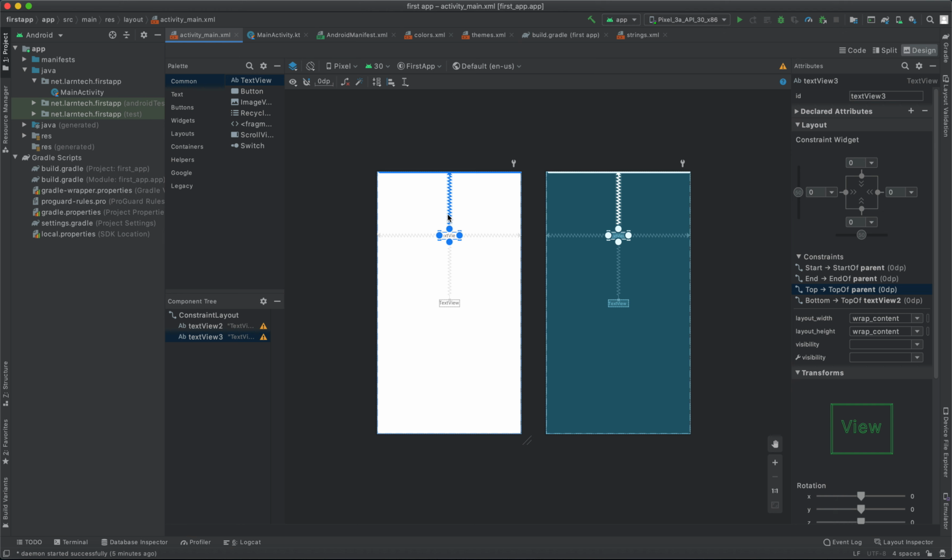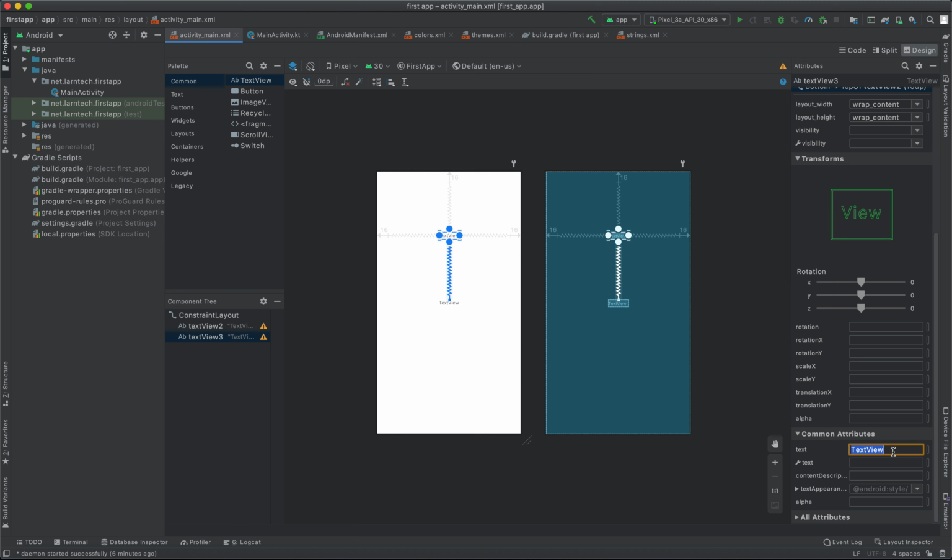I'm also going to add a margin between this one and the parent. I'm going to start with this one, and add 16. This one I'm going to add 16. I'm going to add 16, and here I'm going to add 16. You can leave it like that, or you can add some margins at the end. Let's rename this one, and I'm going to say text view